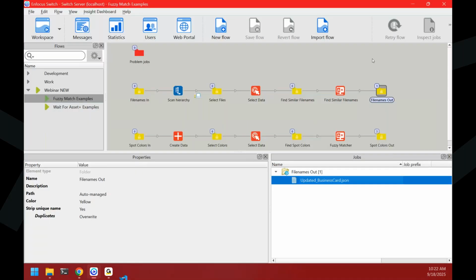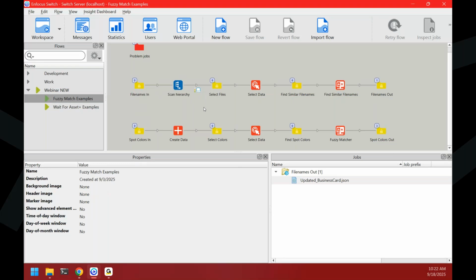Another good example of this, which we've actually utilized in one of our client accounts in the past, is you have an MIS system, maybe that has your job tickets or your jobs or projects in general, that lists out the colors, the Pantone colors of that job. But the files coming through might not always have the correct spot color names in the file itself. So what we did in that particular case, and why the fuzzy matcher came to be ultimately, was